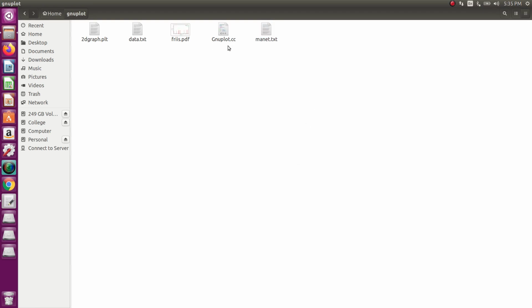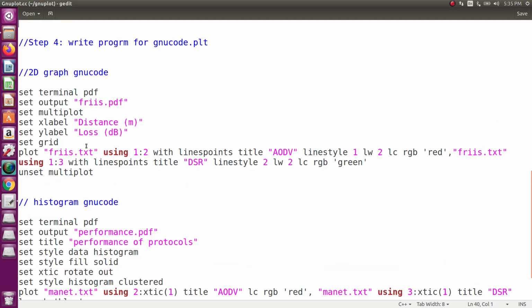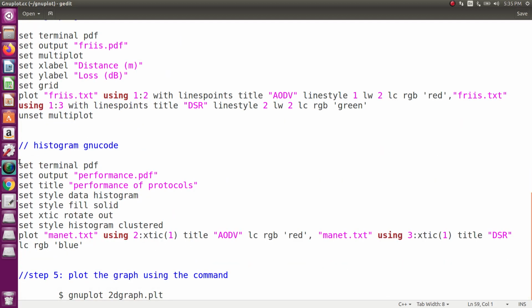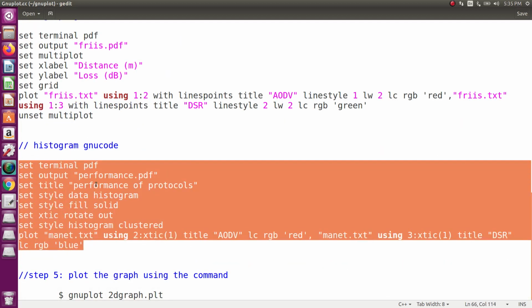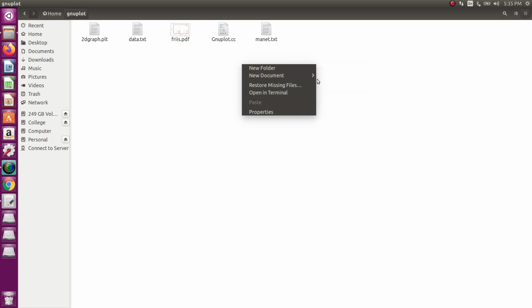Okay, the next, these are the histogram code. You just copy, I will explain. Copy and paste in your new document.